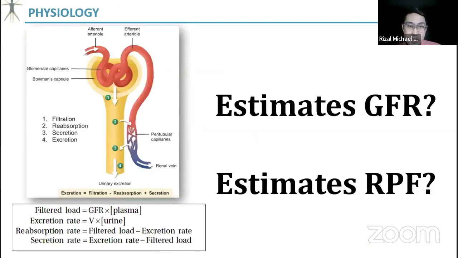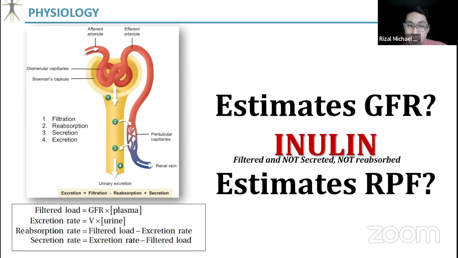So what estimates GFR? Inulin or para-aminohippuric acid? It's your inulin, because your inulin is filtered but not secreted and not reabsorbed. So wag nyo lang siyang i-memorize, no? Try nyo siyang i-understand bakit ganon. Ito number 1 kasi yun yung filtered mo, right? Your inulin mo daw is filtered lang. So from the glomerulus to the tubules lang. So it will estimate the GFR kasi hindi na siya na-reabsorb and then hindi na siya na-secrete. That's why inulin estimates the GFR in this case.